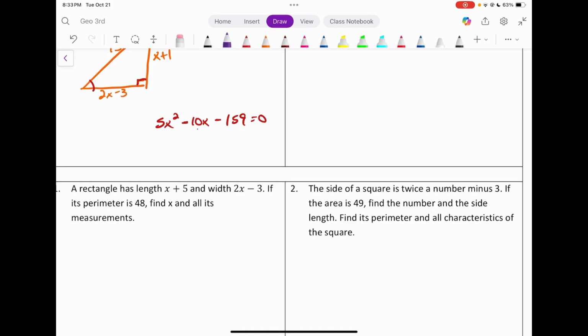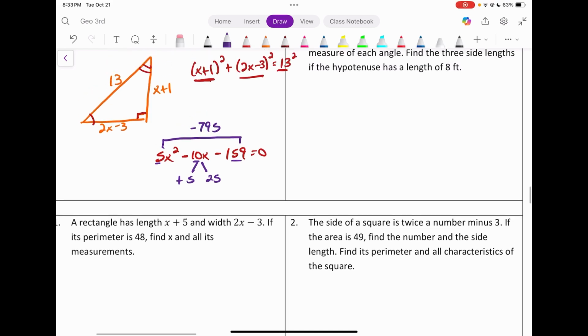Let's do it here. Left leg, right leg, head. Left leg is opposite half of that middle number. Multiply that times itself, gives you 25. Multiply 5 and negative 159, and that's going to give you a negative, let's see, that's 750 and 45,